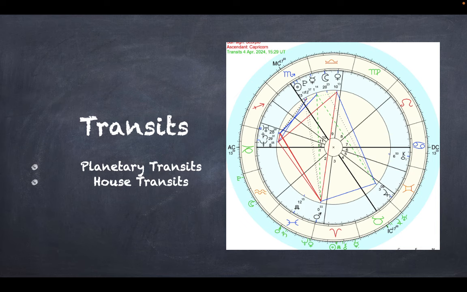Transits can also occur to houses. We can see that Pluto is currently transiting this person's first house. You see Pluto there in the green on the left. It's in Aquarius. The way I described it in the whole sign houses, that is transiting the second house there, Aquarius. First house being Capricorn, second house Aquarius. And we can see that Saturn and Mars down there are transiting the third house. And that's going to influence the person as well.